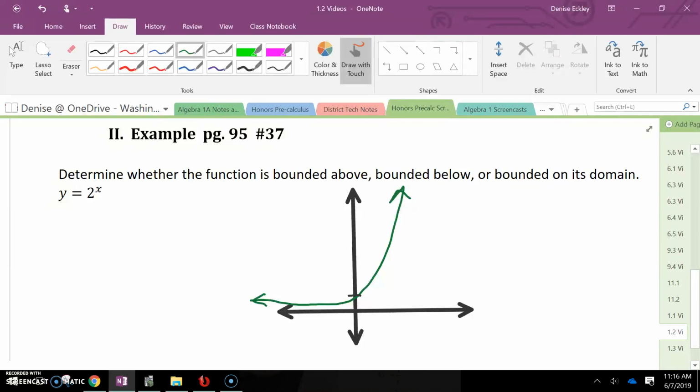So when you look at an exponential growth equation, what you can see is no matter what, there's never any negative numbers, and you cannot even attain 0. So because of that, it's got a bottom to it. It's all positive numbers, except we cannot go to 0 or below it, but we can get bigger and bigger. So with that, we can see that this function is bounded below, but not above, because this function can continue to grow with every positive x value that you choose. So because of that, it's only bounded below and not bounded on